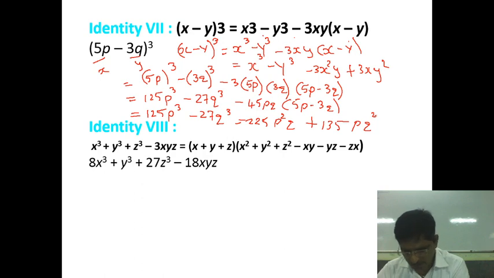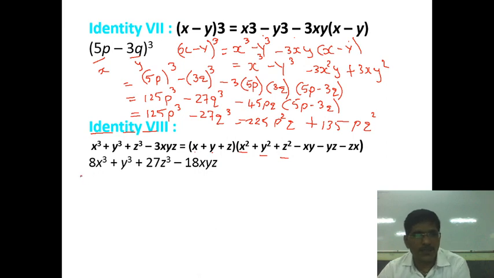Now last, that is the eighth identity, I am writing here. x cube plus y cube plus z cube minus 3xyz. Eighth identity. x cube plus y cube plus z cube minus 3xyz is equal to. So first, how do we have to remember? (x + y + z) in the first bracket. Second bracket, here first term square, second term square, and third term square. So x square plus y square plus z square. Now minus formula. Minus first term into second, that is xy, minus yz minus zx.